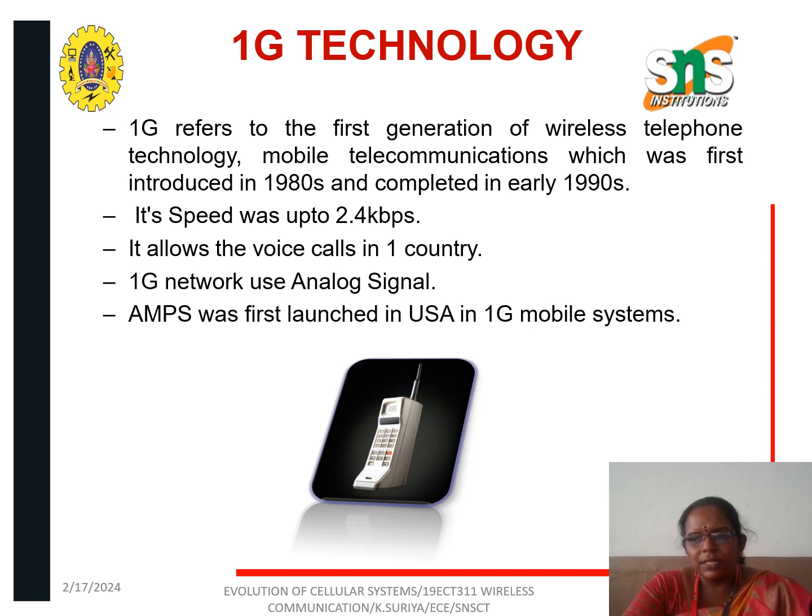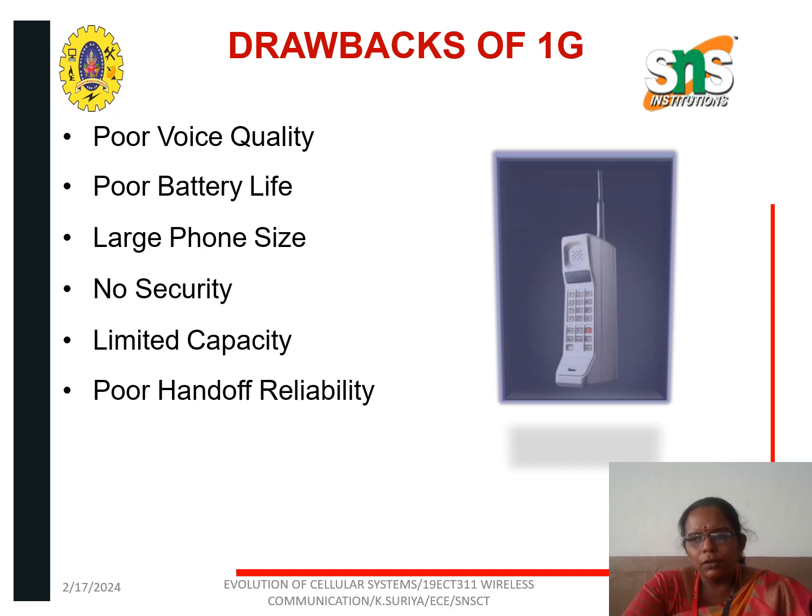The speed of the first generation wireless networks was up to 2.4 kbps and it allowed only voice calls. The 1G network uses only analog signals. It was first launched in USA. The drawbacks of first generation are the voice quality is very poor and battery life also is